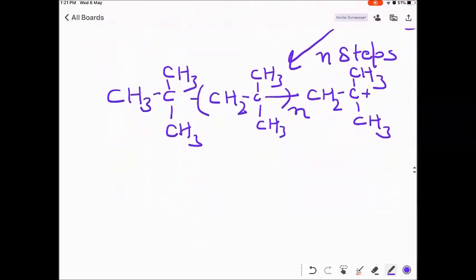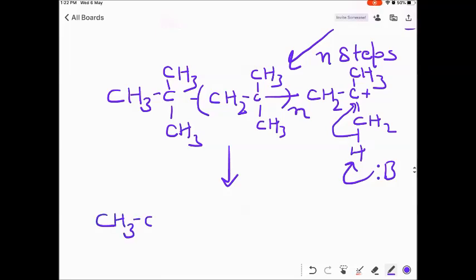Now in chain termination, what can happen is a base can attack. Base is, for example, in this case BF3 OH negative, or hydroxyl ions or even water can act as a base and abstract a proton from the methyl group. We can show it like this, here it is CH2, and this proton can be abstracted by the base. The added electron pair will make a carbon-carbon double bond. So what do we get as a result?